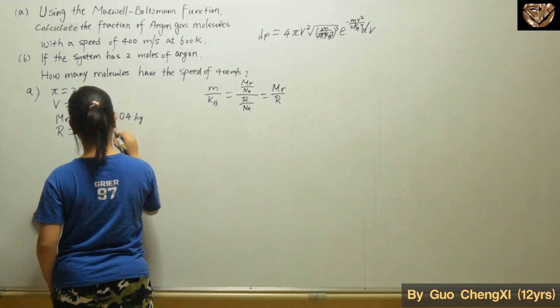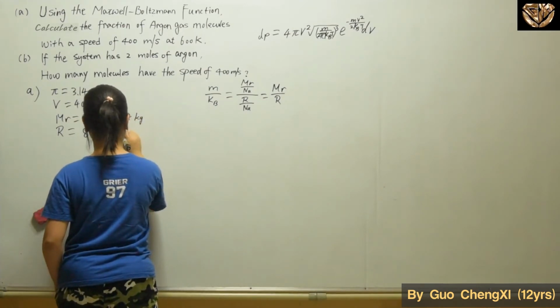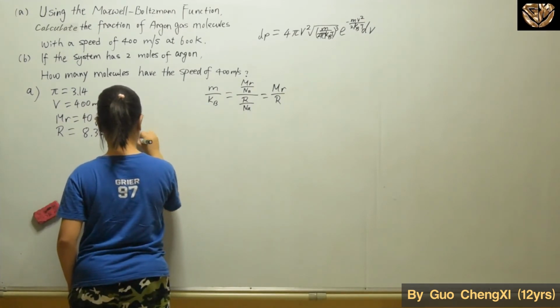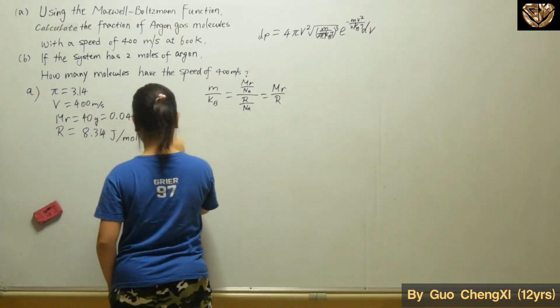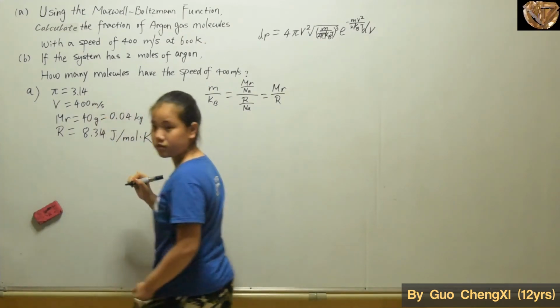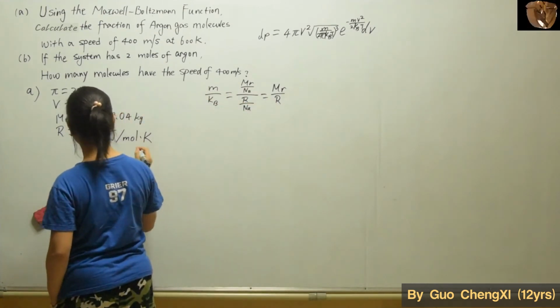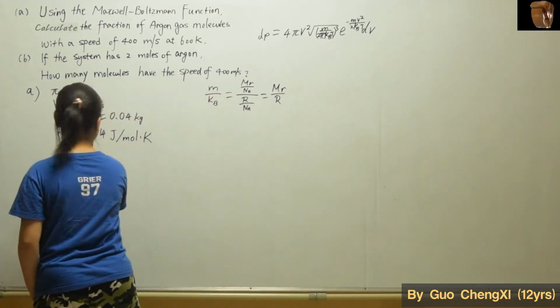Then after that, what is this unit? It is joules per molecule per Kelvin. Okay. So over here for this part, now that we have gotten these parts,